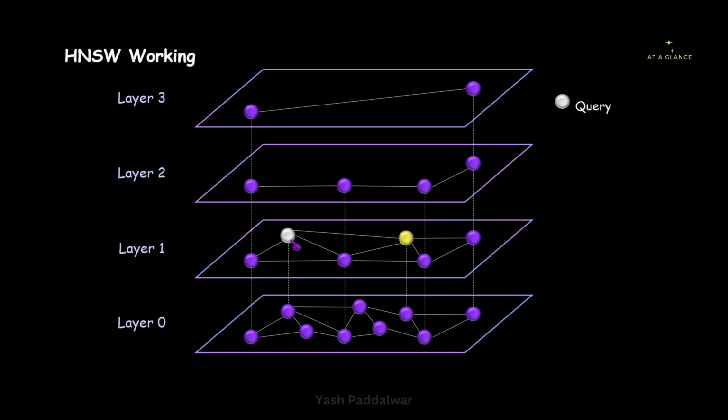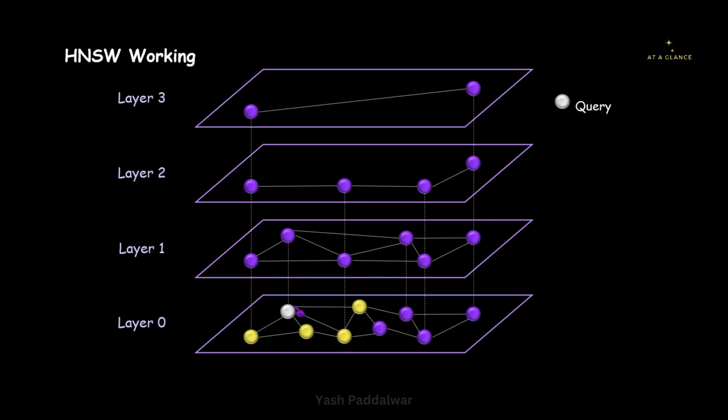Now for this current node, we have only this one neighboring node. We don't have these two because they are already visited. So let's say after computing the similarities of these nodes with the query vector, we found out that the neighboring node has smaller similarity than the current node. That is why we'll keep the current node as it is. And since we have no new neighboring nodes, we'll move one level down. So now this particular node in layer 0 will be called the current node.